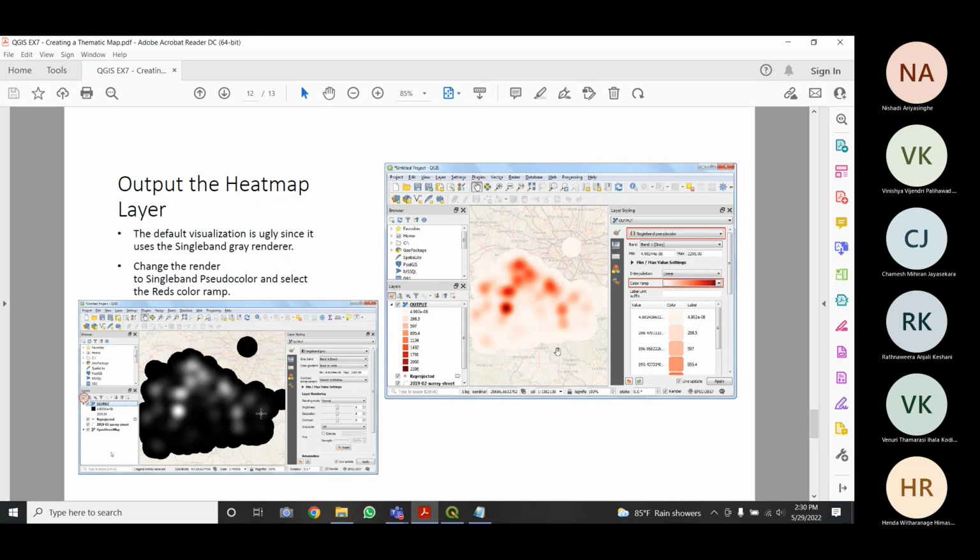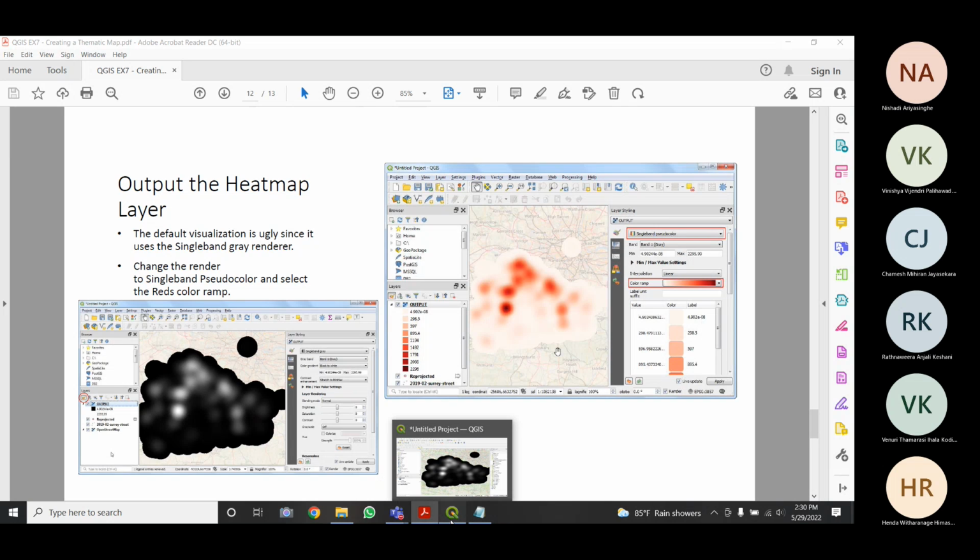So it uses one type of renderer, and only black and white is being used. So we can change the renderer to single band pseudo color and select the red color ramp. You can change to any other styling which you prefer, right?